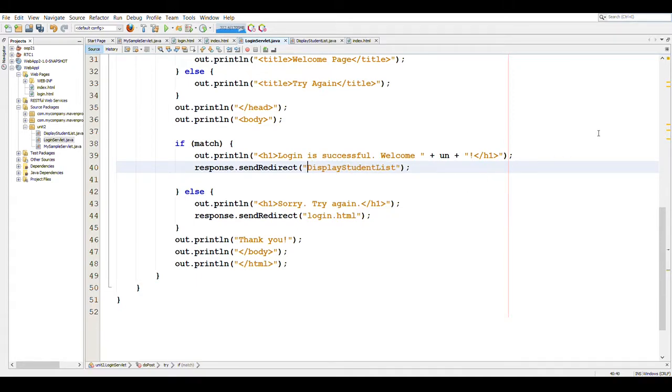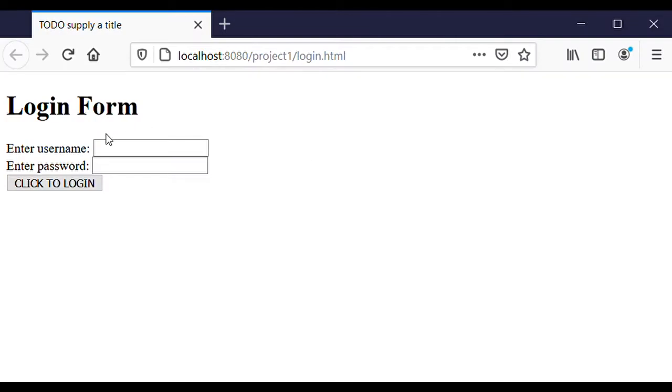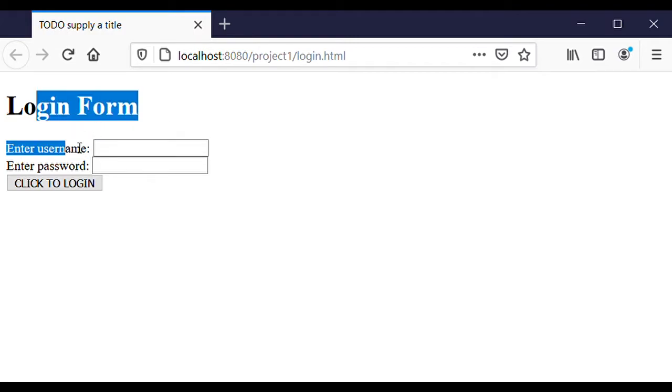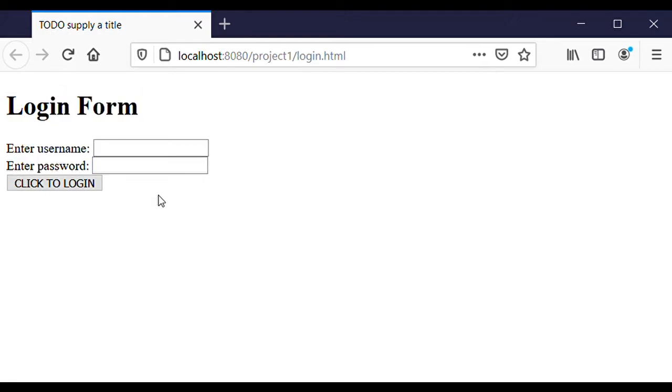When we run this code, if we enter the wrong username and password, we can see that the previous login form has been submitted, and in the output we can again see the login form.